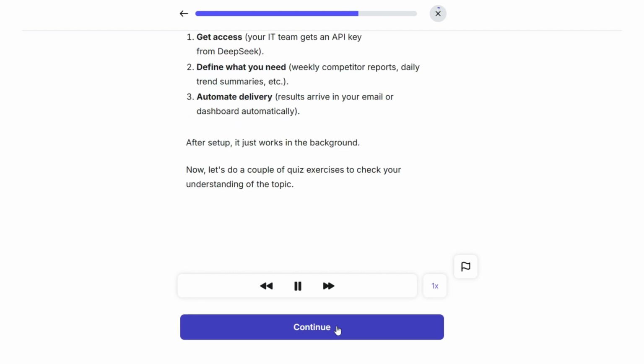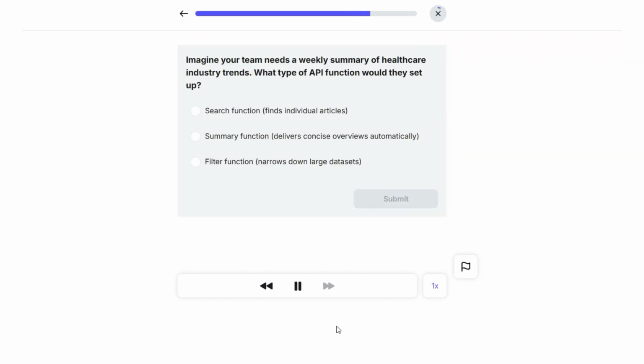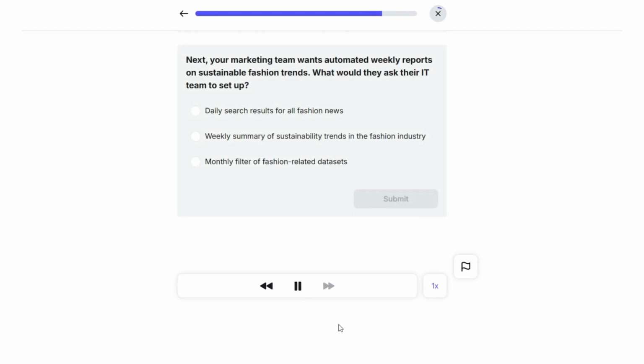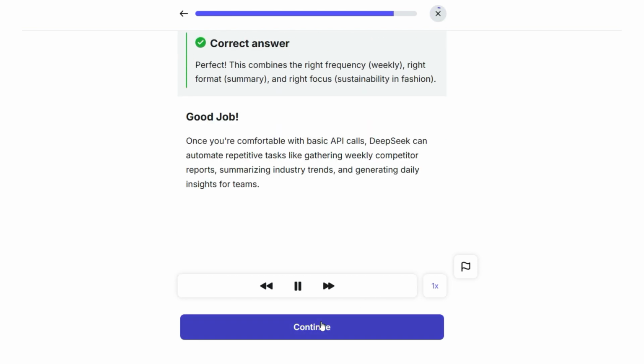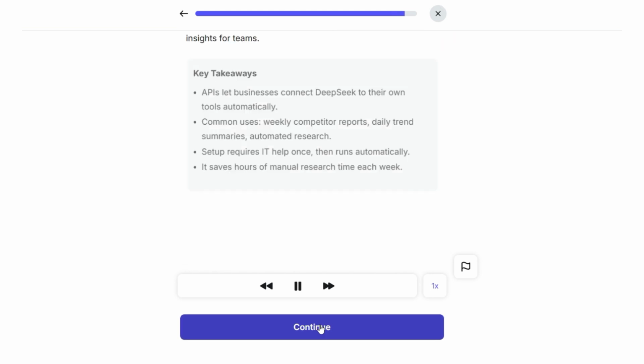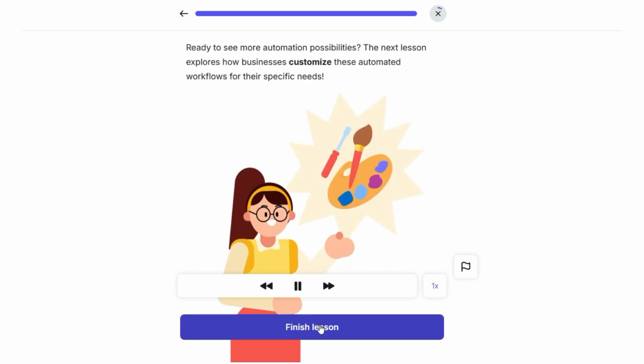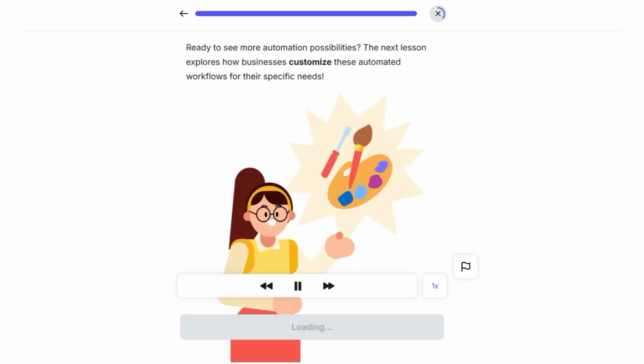Your IT team. Now let's do a couple of quiz exercises. Imagine your team needs a weekly summary of healthcare industry trends. What type of API function would they set up? Next, your marketing team wants automated weekly reports on sustainable fashion trends. What would they ask their IT team to set up? Good job. Once you're comfortable, key takeaways. APIs let businesses connect DeepSeek to their own tools automatically. Ready to see more automation possibilities? The next lesson explores how business